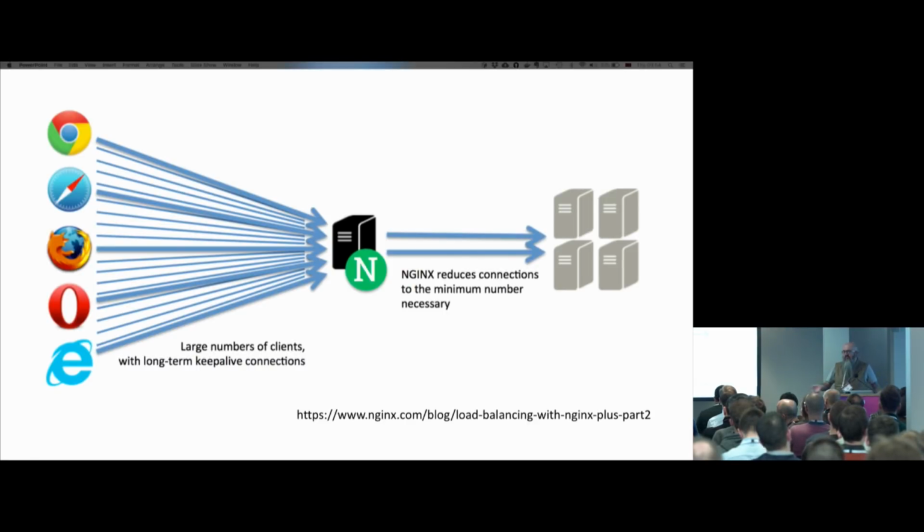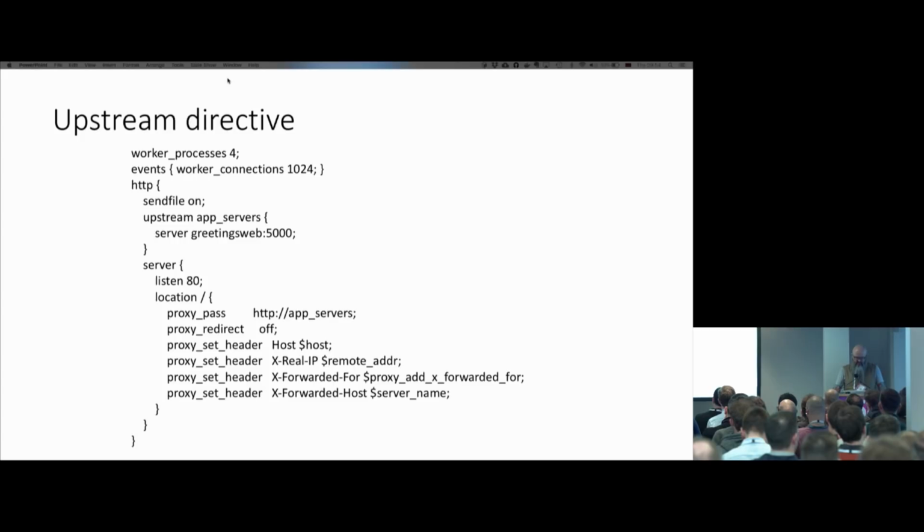So the other thing we alluded to at the beginning is that behind my proxy, I may not want just the one application server, the one instance of my application. What I may want to do is have multiple instances of my application. And so that's where we come to this upstream directive. We define a block called upstream, and in upstream we put the IP addresses, listing them one by one, of every application server that we have,